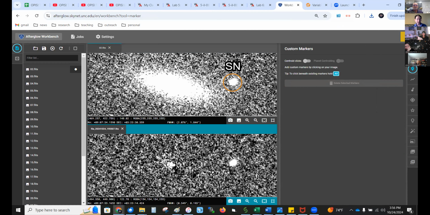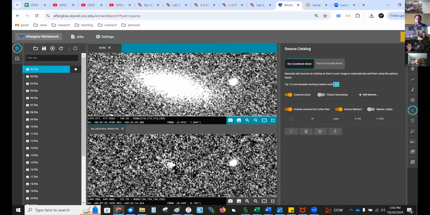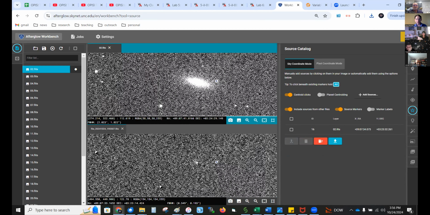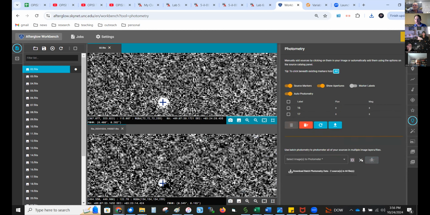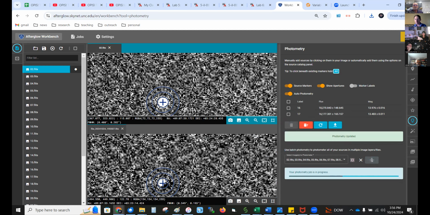Now, once they found it, we're going to do photometry. So let's go to the sources here. I'm going to clear out the previous ones. And we want supernova and we want the reference. And we'll come here and we want to do it for all of the images except for the difference. If they include the difference image, it will give a confusing data point. So we want to make sure they don't include that. I'm going to batch them,